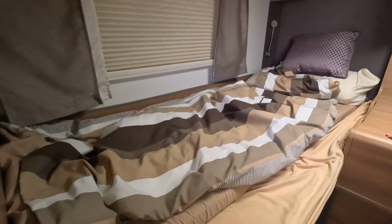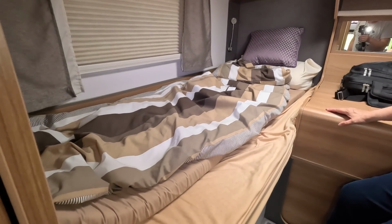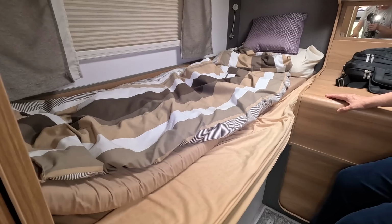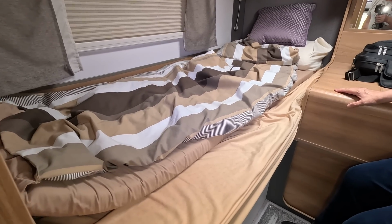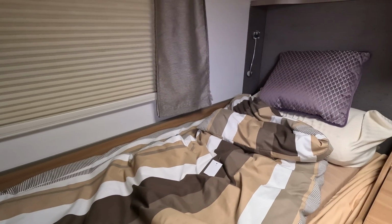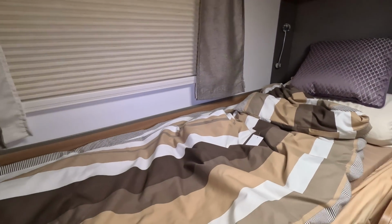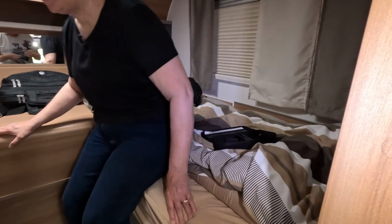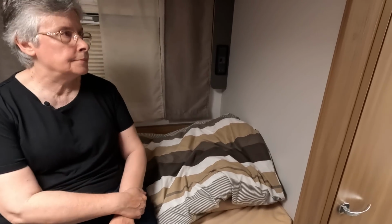The final thing to say about the bedroom is the bed lengths and dimensions. This bed here is 5'11", and I'm actually 5'11", so I do find occasionally my feet are pushing up against this door here if I don't get my head right up at the back. And for some reason Jenny's taken the longer bed. I always have this side. And Jenny's side is